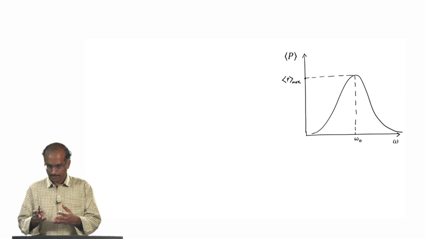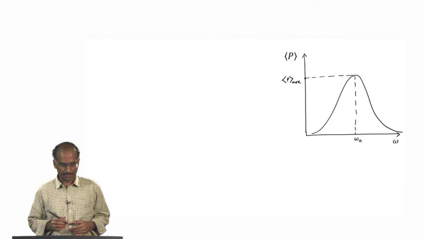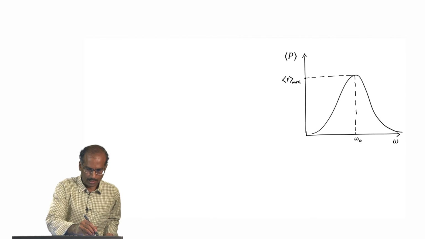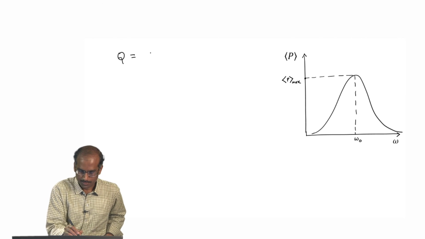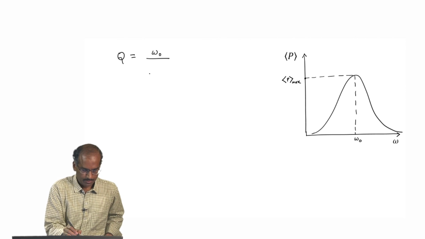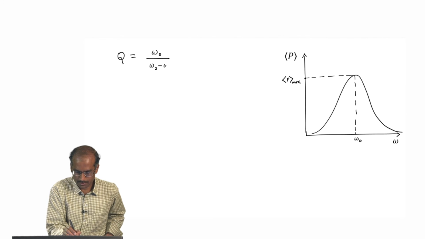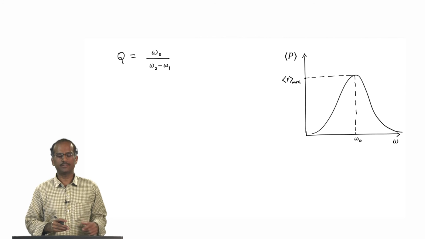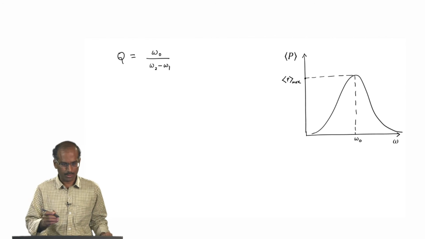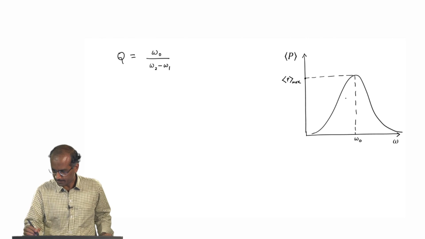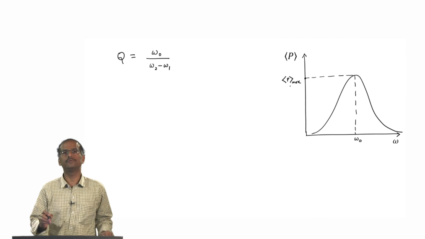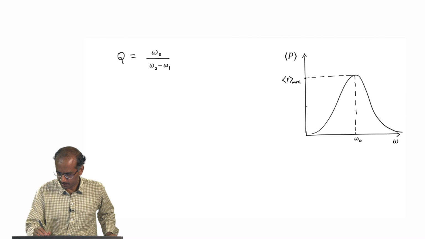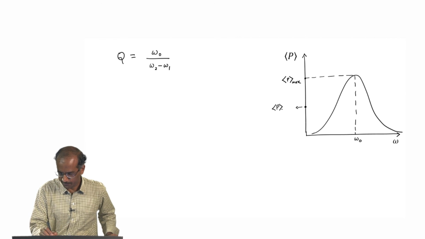So, I have the same curve here, average power as a function of driving frequency, and what I would like to show is the following, that Q is equal to omega 0 divided by omega 2 minus omega 1, where these two quantities omega 2 and omega 1 are defined as follows. So, let us define a value which is half the peak value, which might be somewhere here. So, this quantity is half of the maximum value,